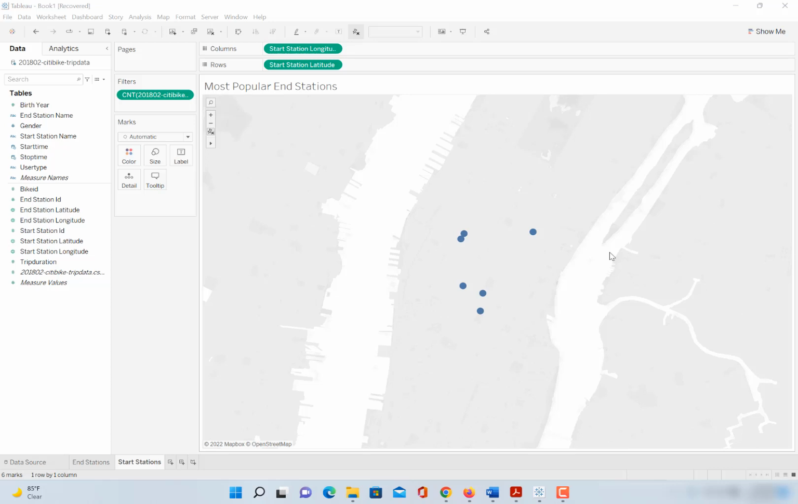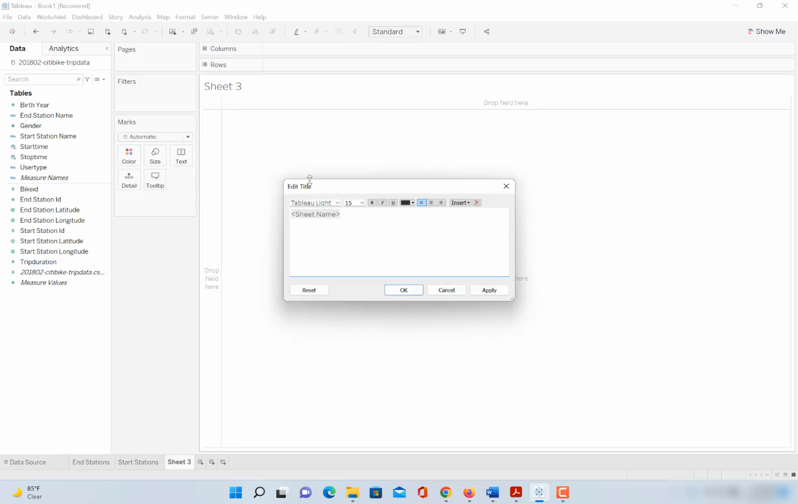We are going to create a plot for the average trip duration, and also we want that information for our user type. So here, as you see, we have a dimension called user type, and also we have a measure called trip duration. Now first let's open one new blank sheet here, and let's title this